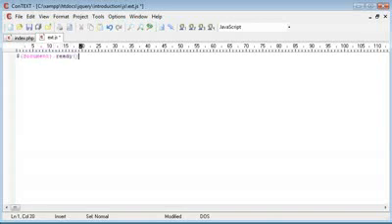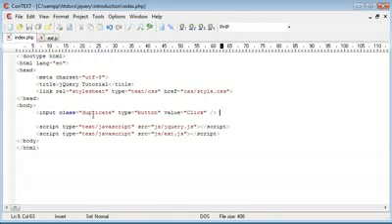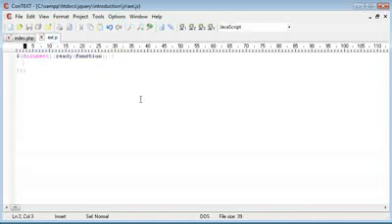So I'm going to say document.ready. And then in here we're going to go ahead and run the rest of the code inside here. Okay, so what do we want to do first of all? Well, we want to go ahead and append on an event handler for any class of duplicate. So let's go ahead and say dot duplicate as our selector,